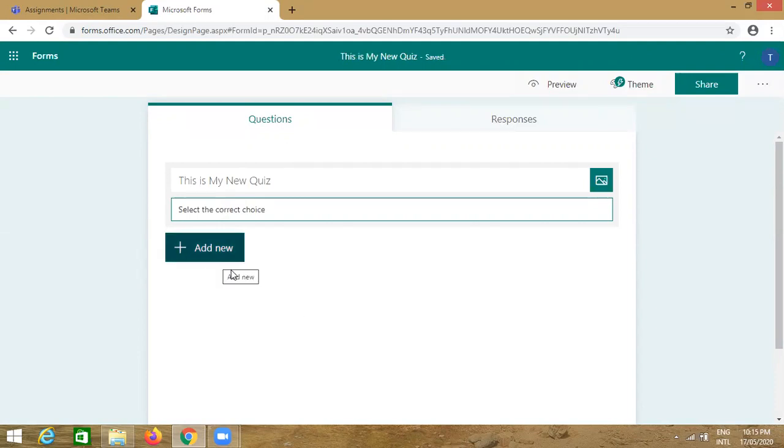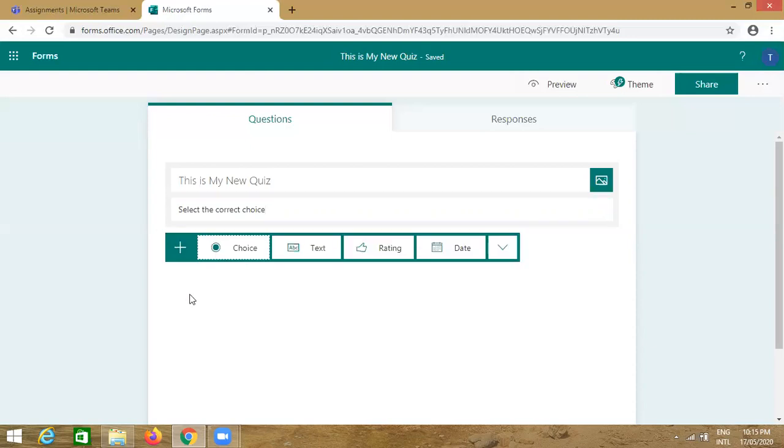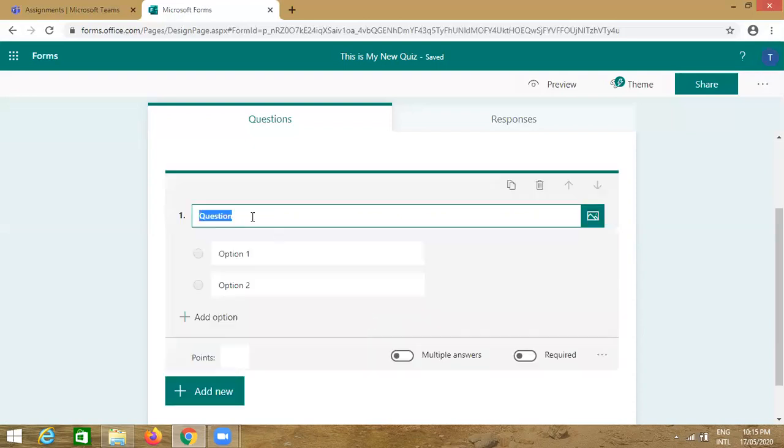So now to create the question, click here at the add new. So now from this menu, select the choice so that you can create option type questions. First question here, write, where were the birds living?